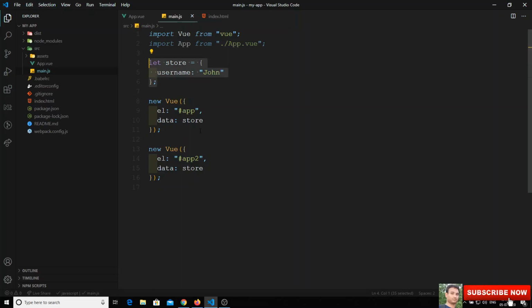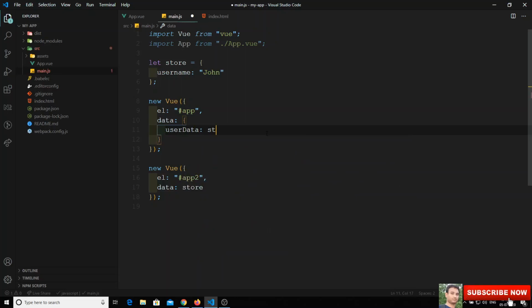For example, you may have a doubt: only this data might be shared, but I will have separate data used explicitly by this instance only, and here by that instance only. Okay, fine, no problem. We can keep userData and maintain that store here, and you can have your own data.